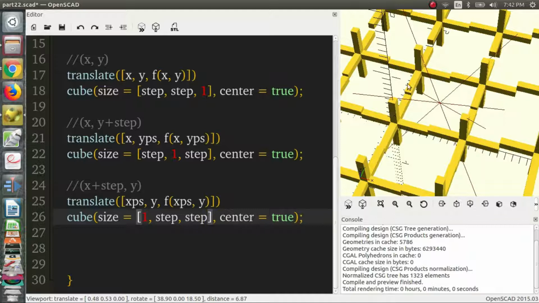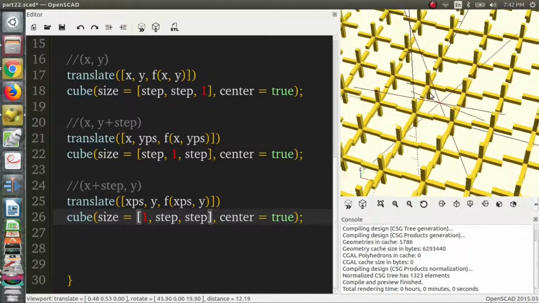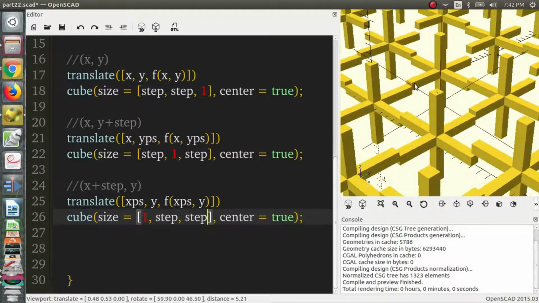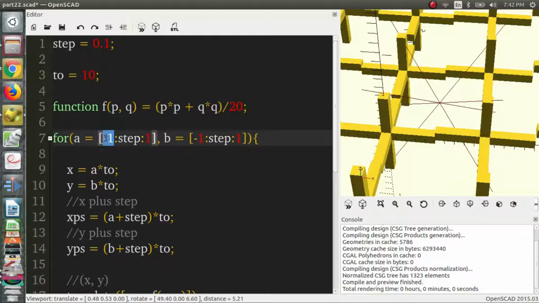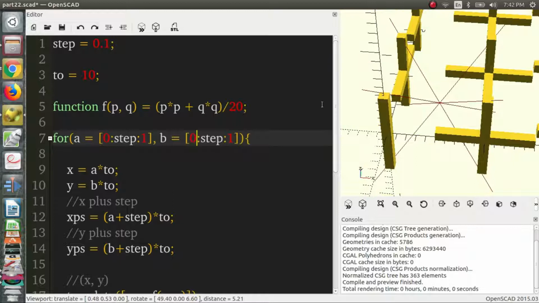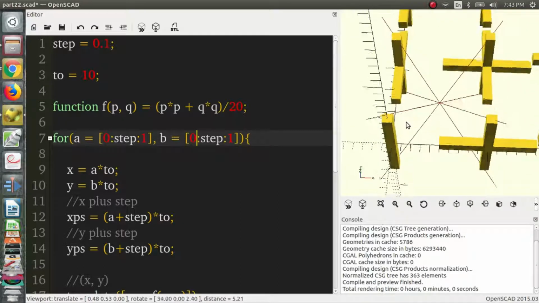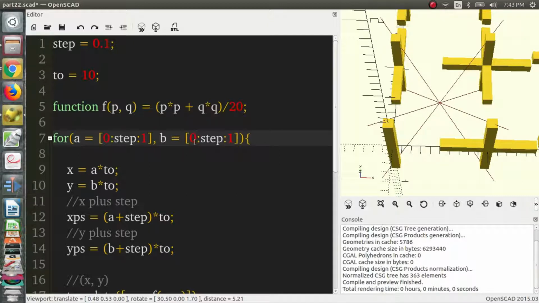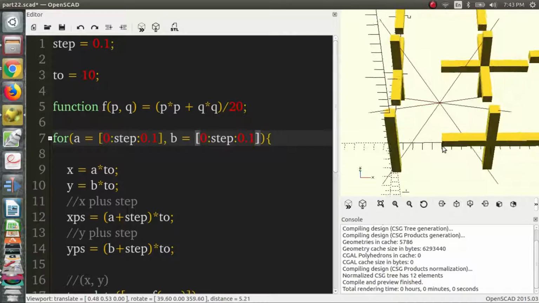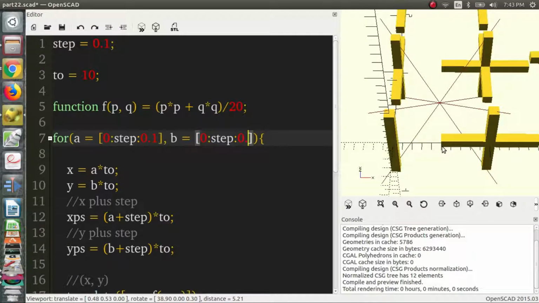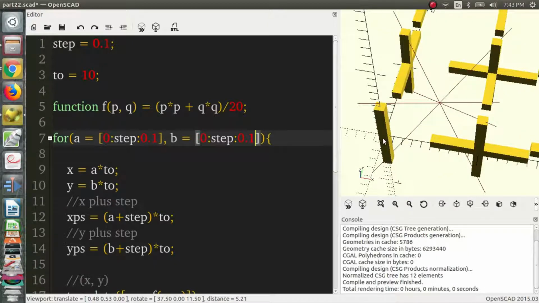So now that we have this, it's a good start. This might be a little bit confusing to see all of these at the same time. So let's see if I can, maybe this can go from 0. Maybe that will make it clearer. There we go. So we have our original one, and maybe if we just go to 0.1. Point 5. Well, that's okay. So we have our original one, and then we have